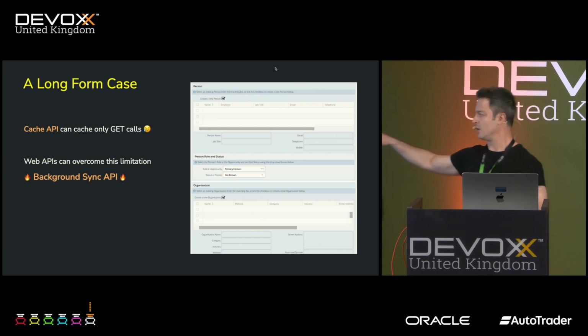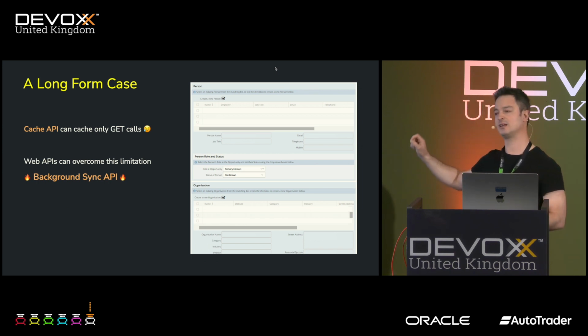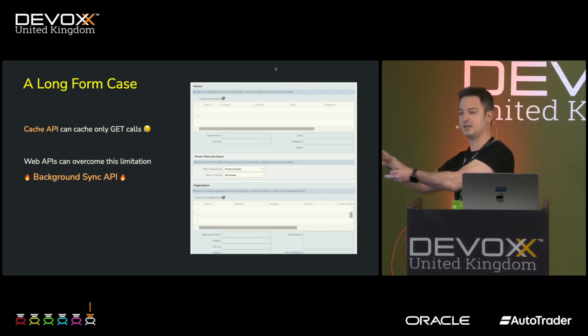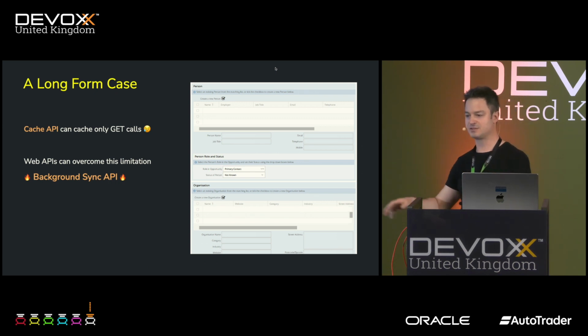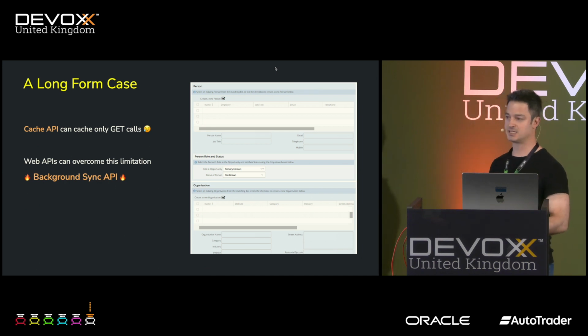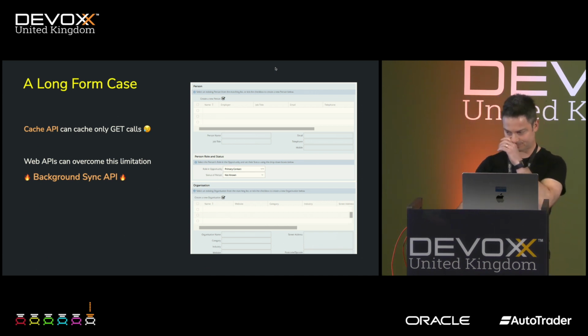Because when the user fills this form, he or she goes offline, clicks on submit, but instead of showing an offline page, thanks to this API and the service worker, we can inform the service worker that there is something the service worker must do when the user maybe arrives to the city, or in any case out of the tunnel if he's driving, and has internet connectivity again. And this is done automatically. We will see now a demo.